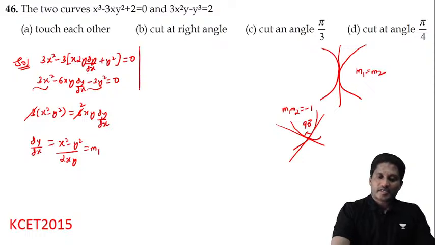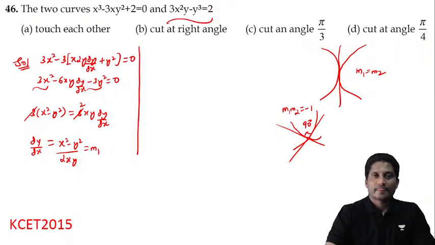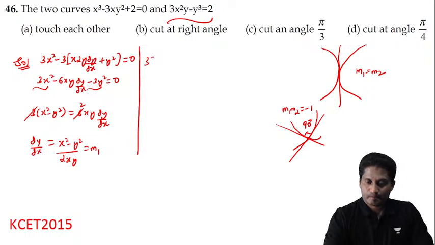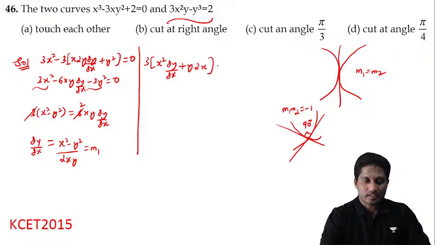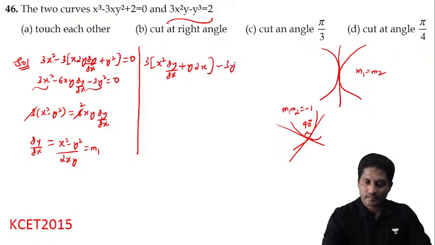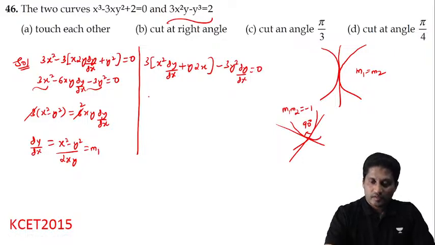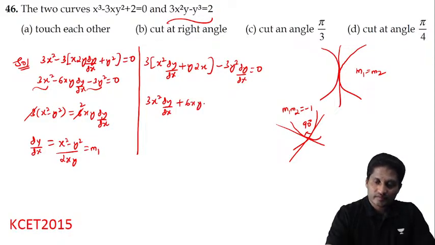Suppose I differentiate the second curve once again. Here 3 is a constant. The first function is x square, differentiation with respect to x. The second function is y, differentiation of x square is 2x. Minus differentiation of y square is 3y square dy by dx, differentiation of 2, right? Now this is 3x square plus 6xy dy by dx